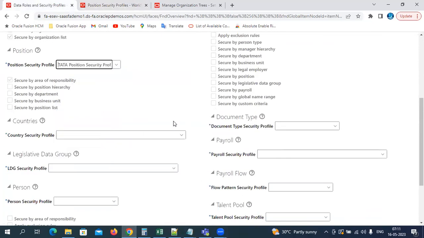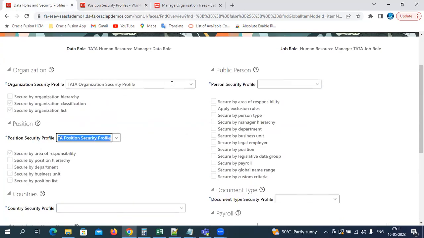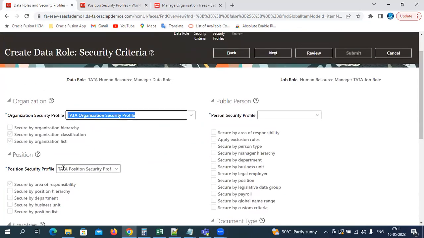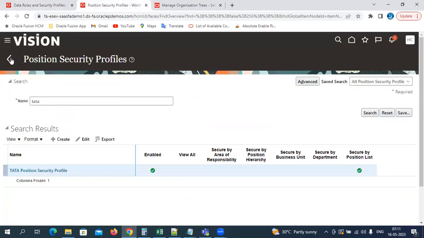See, Tata position security profile. That's okay, ignore it. Right? So this is my org security profile where I included my organizations in it. This is my position security profile where I included my positions in it. And similarly, team, countries, LDG, the same approach. Go back